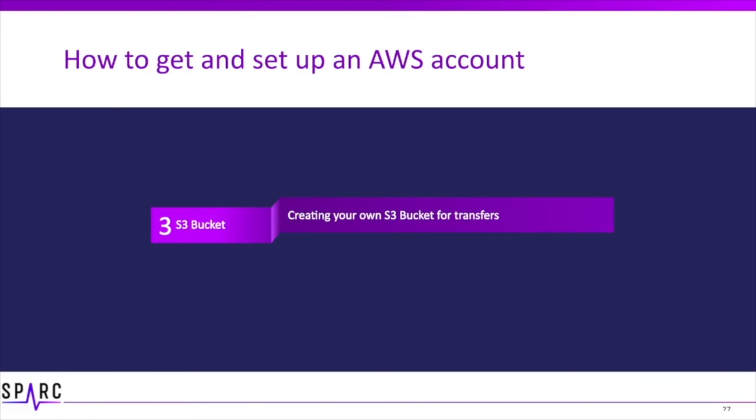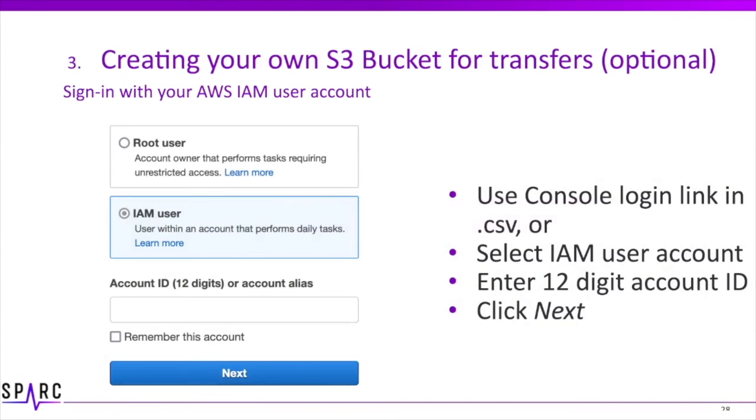If you do not plan to store any data within your AWS account, and you only wish to download directly to your computer, this step can be skipped and you can sign out of the AWS Management Console and proceed to installing the AWS command line interface. To create your S3 bucket, it is recommended that you create it using your new IAM user account. Sign out of your AWS console from your root account if you haven't already, and sign in again from your new IAM user account.